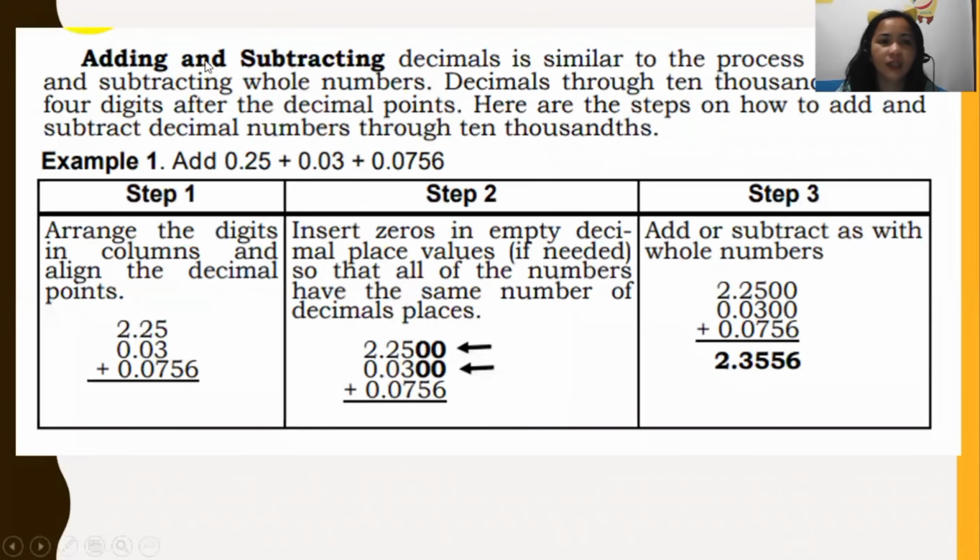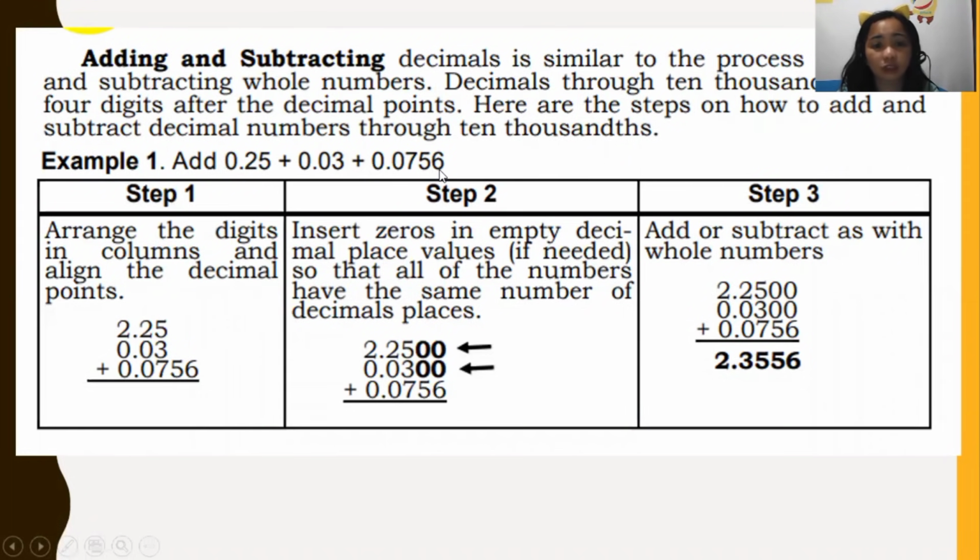Here, adding and subtracting decimals is similar to the process of adding and subtracting whole numbers. The decimals through 10,000ths have 4 digits after the decimal point. Here are the steps on how to add or subtract decimal numbers through 10,000ths. Example: 25 hundredths plus 3 hundredths plus